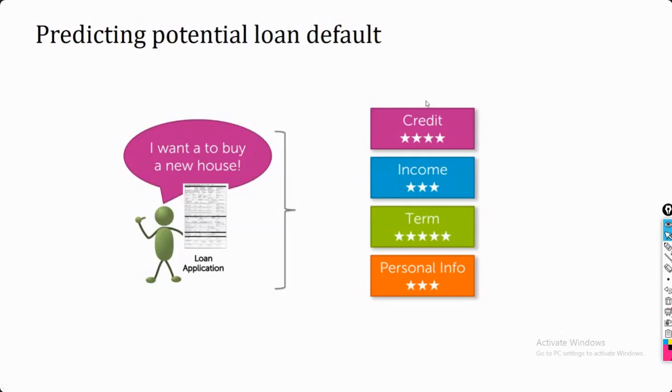Based upon what kind of problem you have, your sets of attributes are going to be different. Here, in this case of a loan application, the attributes could be credit, income, terms, and personal information. But if we are working on another set of problems, the number or the type of attributes are going to be different. For now, we are going to cover these sets of attributes, and based upon them we are going to describe each of the customers.